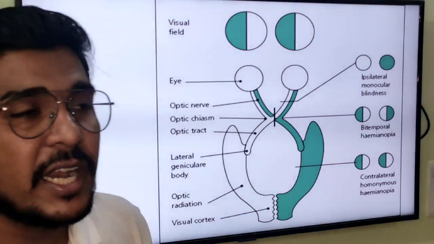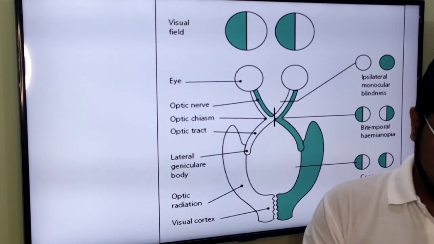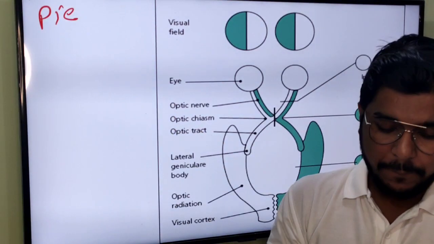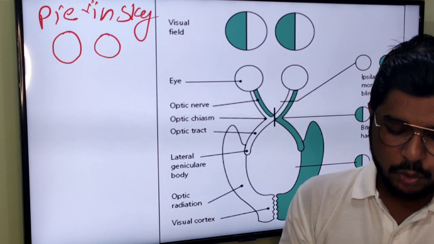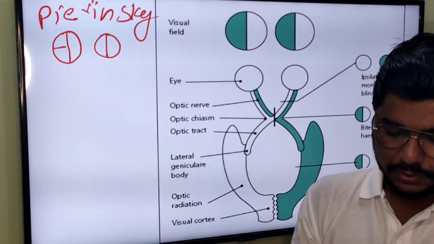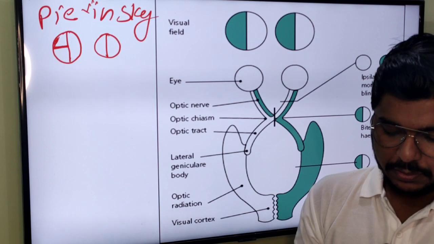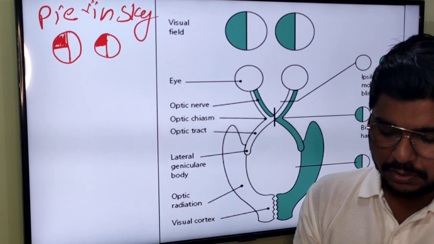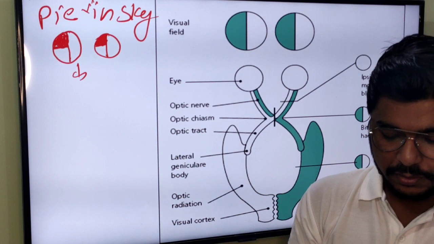So there are 2 things that you need to know. I am not going to discuss much more here. One is the pie in the sky. Pie in the sky will look like this only. There is a defect here only, just the half. The lesion will be in